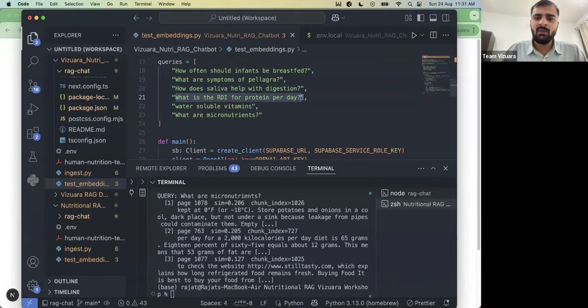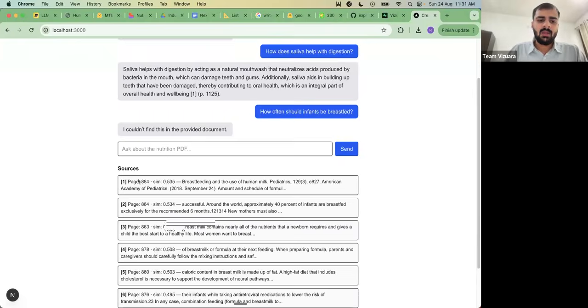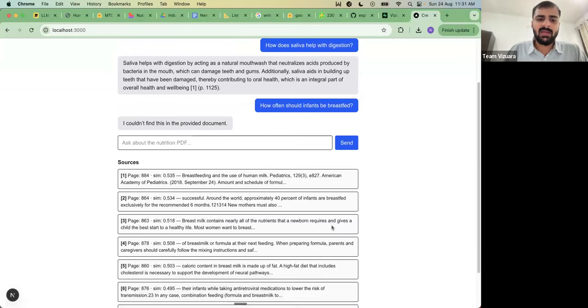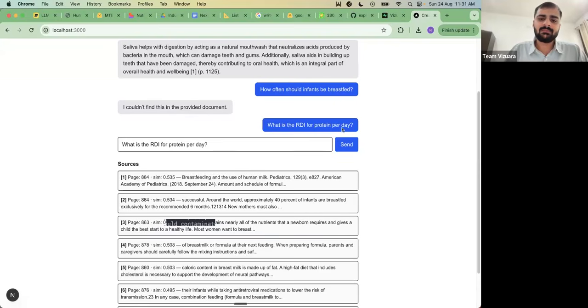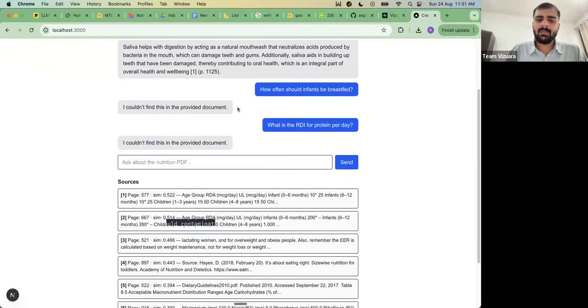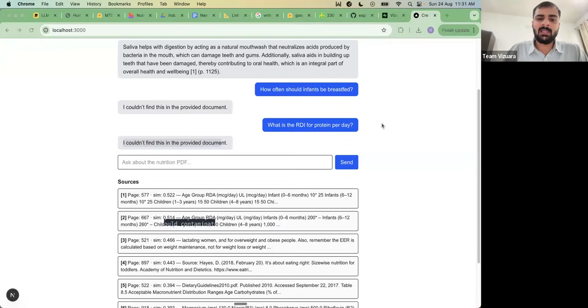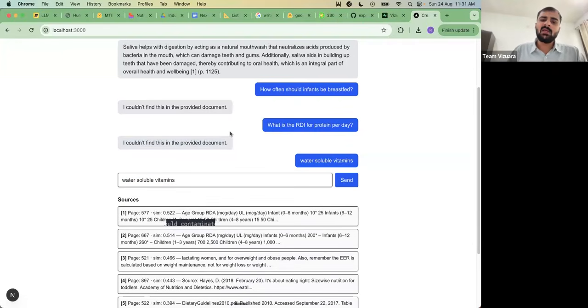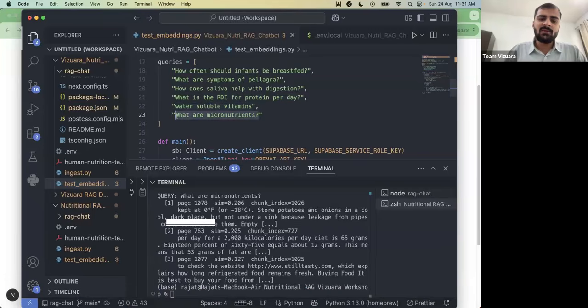What is the RDI for protein per day? Or how often should infants be breastfed? Let's say if I ask this question, you will again see if the similarity score is a bit low, it will say I couldn't find this in the document. What is the RDI per protein per day? So if you don't want this statement, I couldn't find in the provided document, you can also change your prompt a bit. In the prompt, we have specifically mentioned this, right? If you don't want this statement to come again and again,